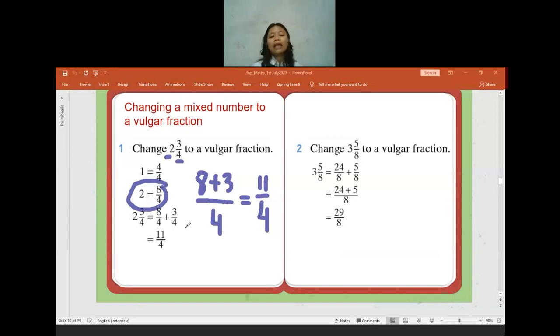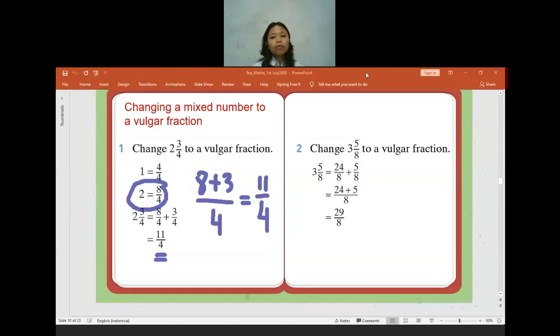After that, we can just add these two fractions. This is the 3 by 4. We add it with 8 by 4. So in total, it will equal 11 by 4. Or you can use the other way, the simpler one. You can directly multiply the whole number and the denominator. The 2 and 4 in here, you can directly multiply. 2 times 4 equals 8. After that, the result I add to the numerator given. The numerator is 3, so 2 times 4 is 8. 8 plus 3 equals 11. And then you check the denominator is by 4, so it will be 11 by 4.